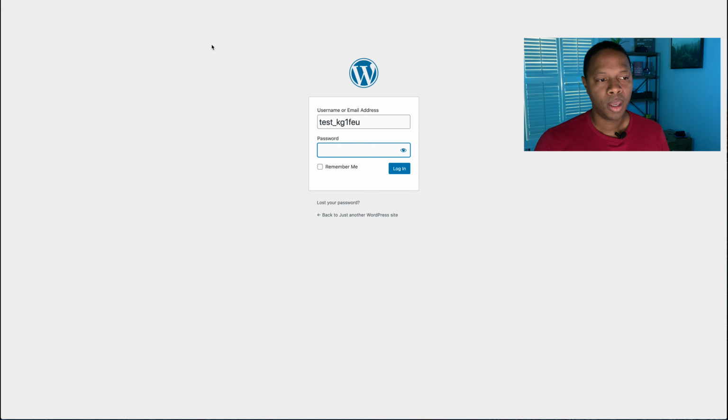Okay, so you've received the email, you've clicked on the link to reset your password, and now it's going to bring you to a page that looks like this, where you'll have your username. You may have already set up your password, but to access this page, what you're going to do is always go to your website. So in this example, I would type in the website that I set up. I would put /wp-admin, and that's how you can log into your website in the future to make any updates that you ever need to make.